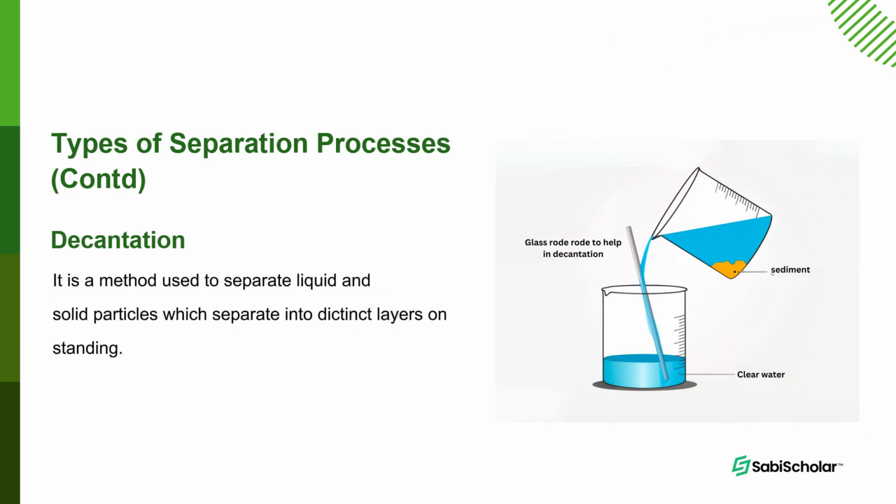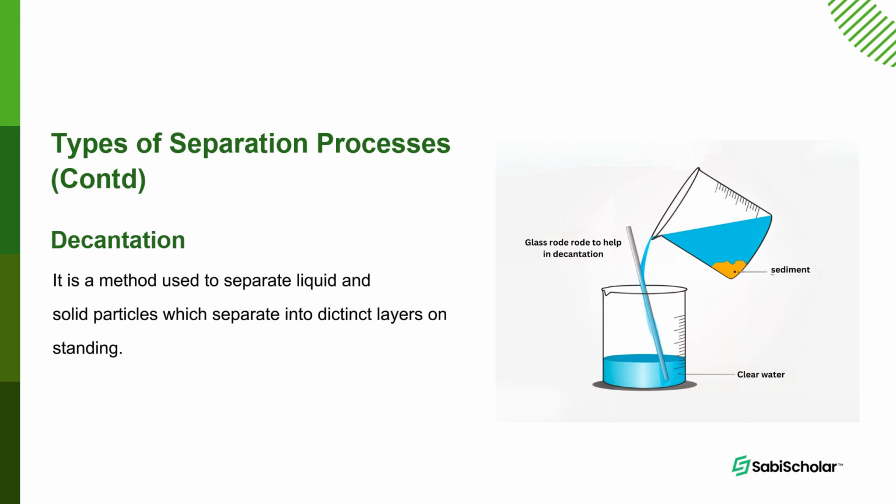It is a method used to separate liquid and solid particles, which separate into 2 distinct layers on standing. That means we use it to separate mixtures that can separate into 2 distinct layers, an upper liquid layer and a lower solid layer. All right, then we just pour out the upper liquid layer, leaving behind the lower solid layer. Like you can see in this diagram, we are pouring out the upper liquid layer, leaving behind the sediments, which are my